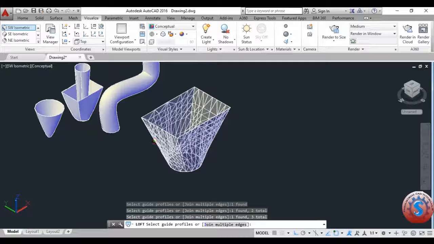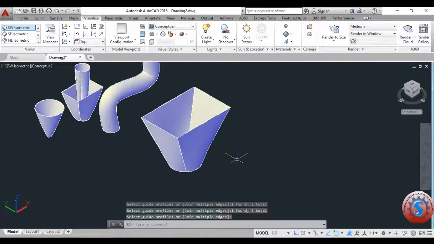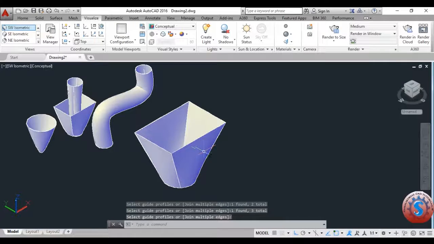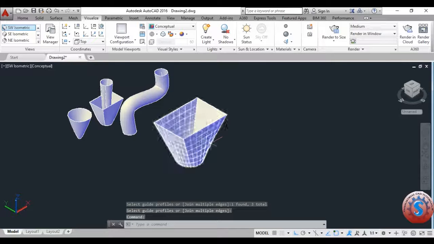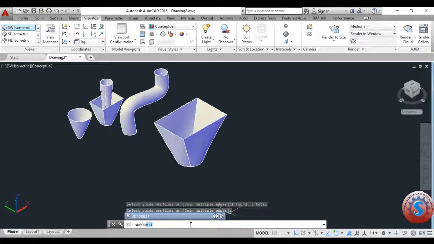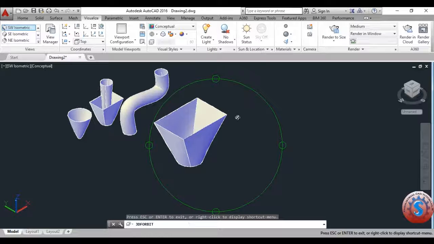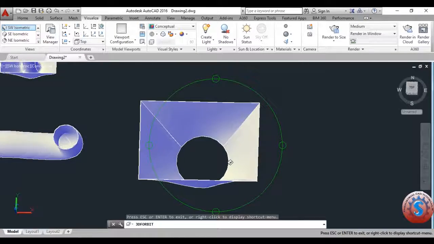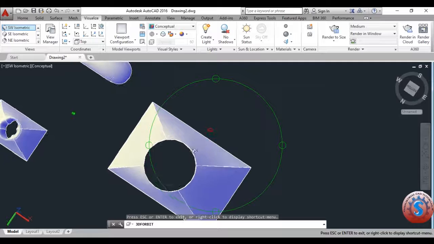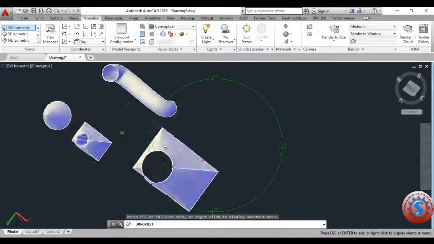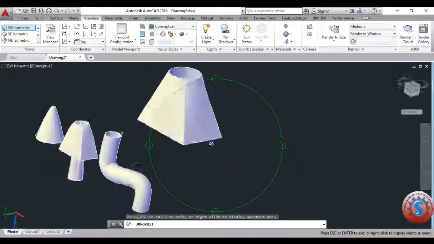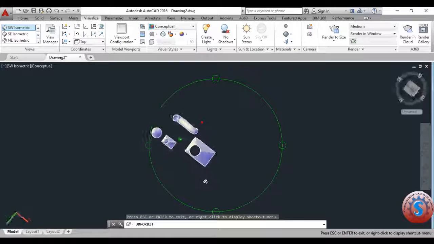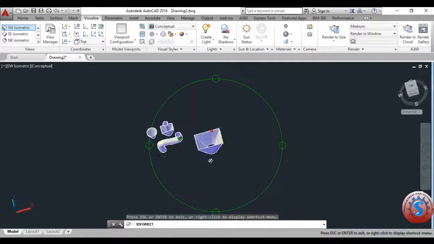See, the object is somewhat compressed, and by using the guides you can create different types of objects using these guide curves. The path and the guide curves are very essential to make any of the objects in different types. You can change the shape of any of the objects. The guide curves are very helpful to develop the model in the loft by using the loft command in AutoCAD